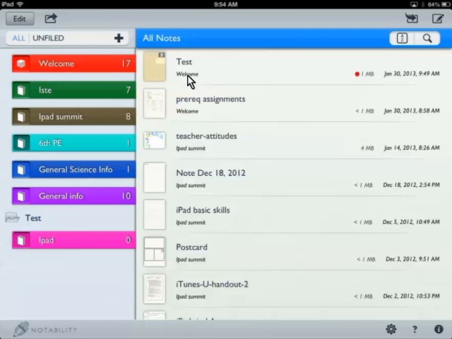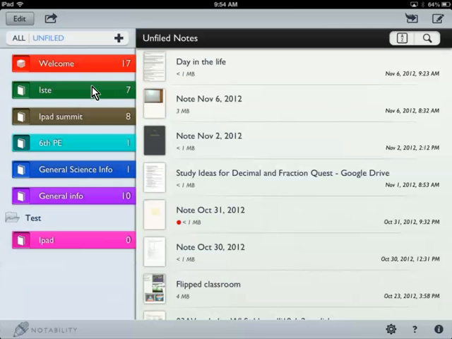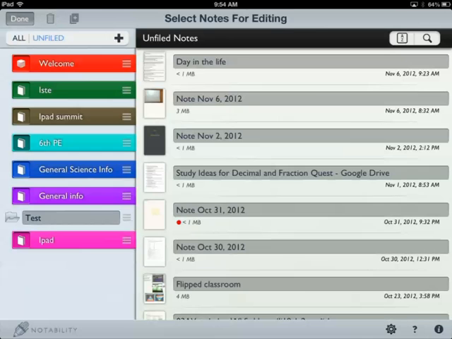So if they're not in a folder, I can move them. We'll get into that in just a second. Unfiled would take us to all the notes that are not in one of these folders. Very important: if it's not in a folder, then it's not organized, and so you probably want to get these someplace that's organized. So to organize them or move them, we would hit the edit button,